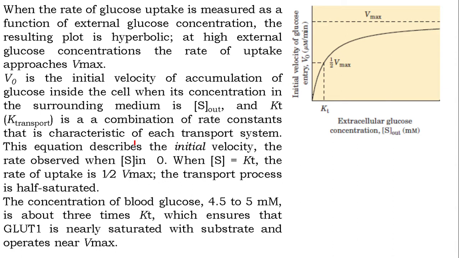Okay, the mechanism is somewhat similar, that's why. And look here, there is a Vmax, maximum velocity at a particular concentration of the molecules to be transported. What is kT? To find out kT, we need to find out 1 by 2 Vmax. If this is Vmax, half of this value is Vmax by 2 or 1 by 2 Vmax. What is the corresponding concentration of the substrate or the glucose? That concentration of the glucose or the substrate is what is called kT.